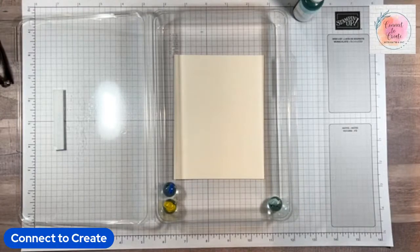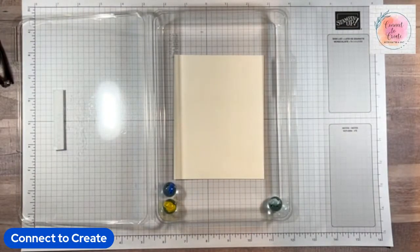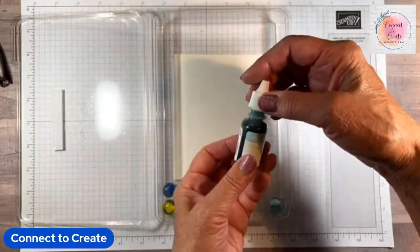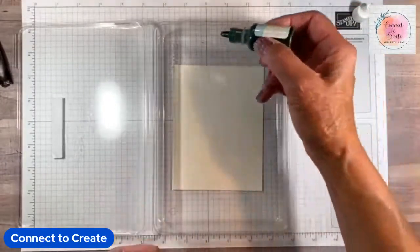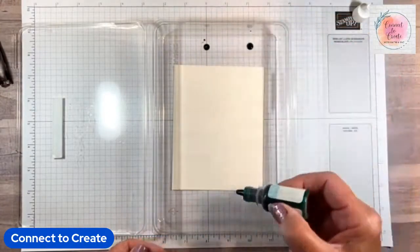Stampin' Up! used to sell temporary adhesive. We don't anymore. I found that one on Amazon. It works well. It's very similar to what Stampin' Up! used to have. So then the next step is you take your re-inker, and I'm going to use Pool Party here to start with. And let me get my marbles out just for a minute, and I drop maybe 3 drops of ink